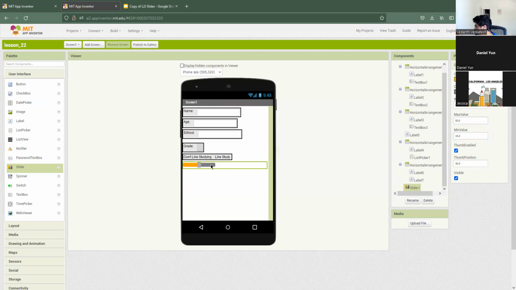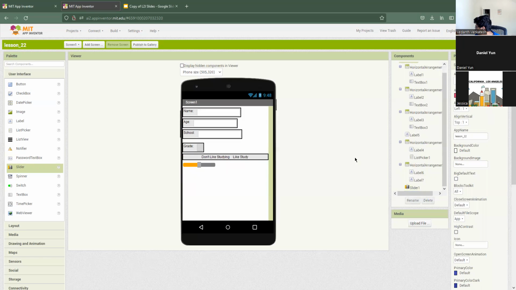Okay. Just put the width as fill parent and see what happens. Okay, all right, that's where it comes. And then at the same time,